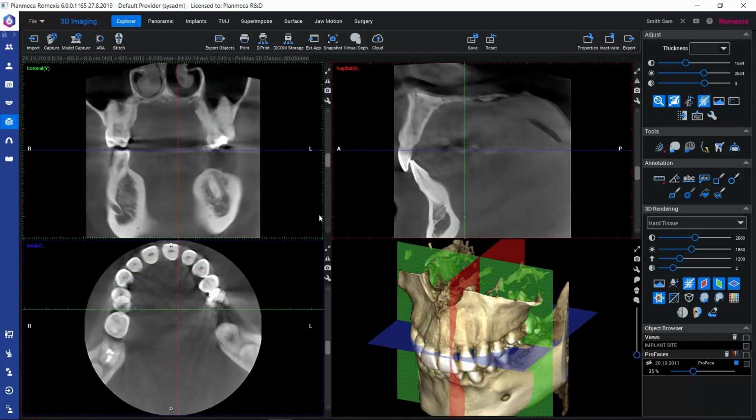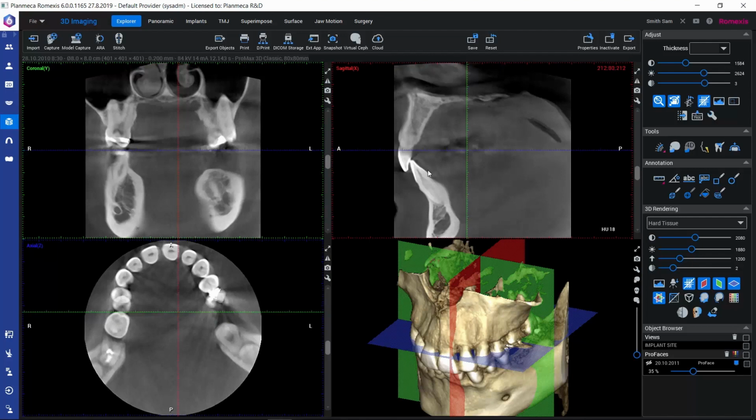We could also move through the data one frame at a time by using these small arrows here on either of the ends of the slider. So if we click on that, we would be incrementally moving through the data. While navigating in the volume, it might be more straightforward to use our mouse wheel for scrolling through the data,